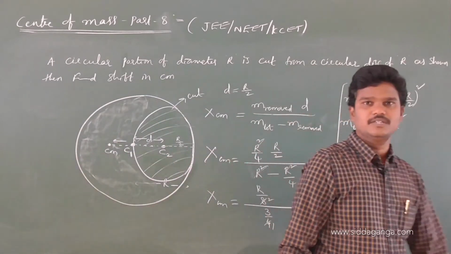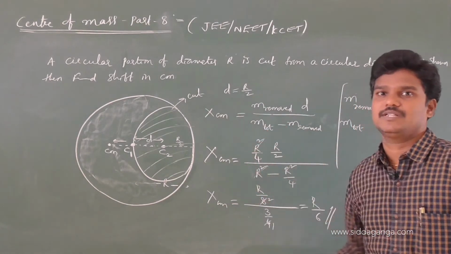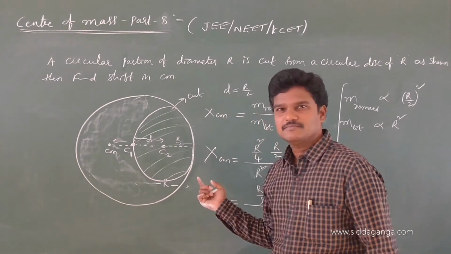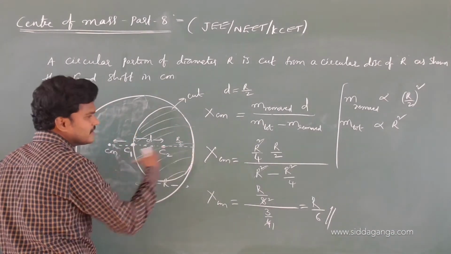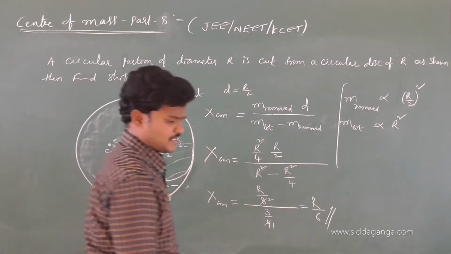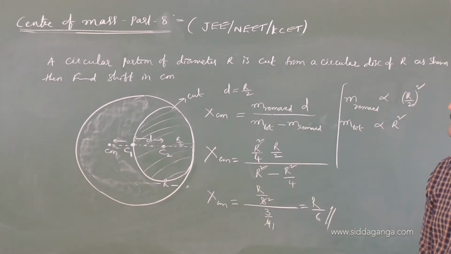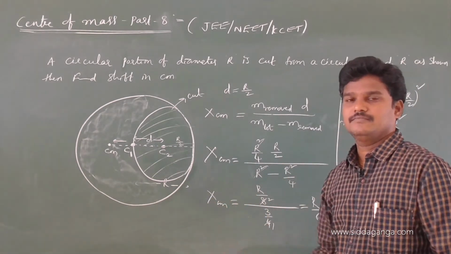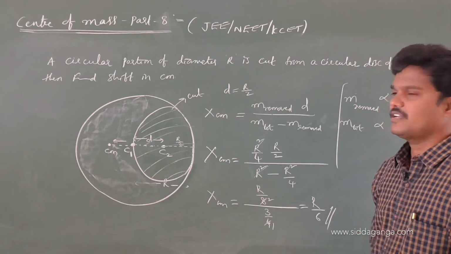Okay, same problems I started from the last class, and I used this one. Again I am going to continue with the same models. You can cut at this part, at the edge, anywhere. If you cut like this, and if you know that length, we can get the answer. Now the answer is R by 6. We can cut one square plate from a circular plate, or from a square plate we can cut a circular plate. Okay, I am going to try everything.